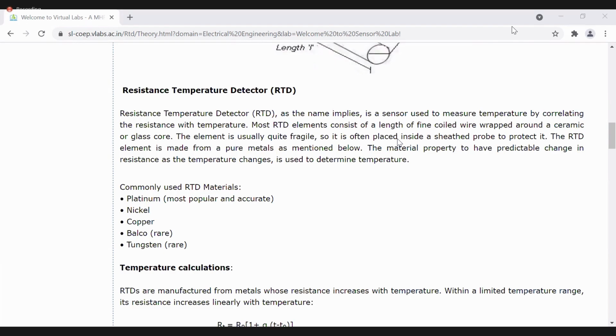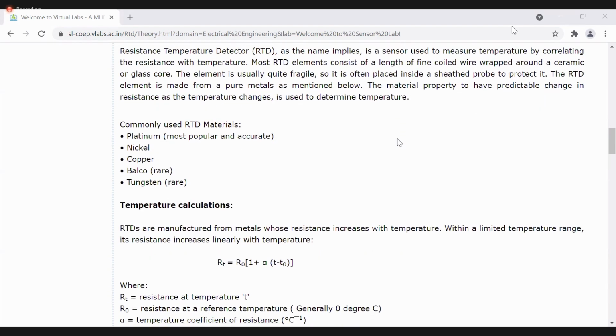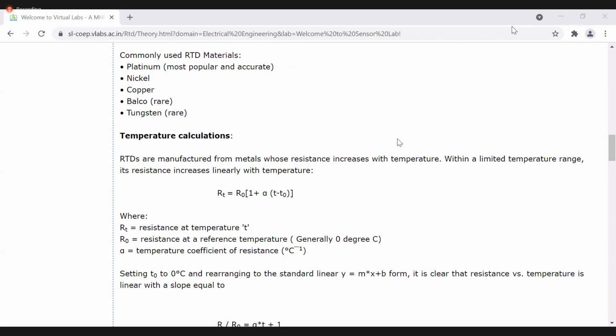Okay. Right. And what is the formula for RT? RT is equal to R0, bracket 1 plus alpha into, is it A? Some textbooks refer to it as alpha, some as A, but in most cases it is alpha. Okay, sir. R0 into 1 plus alpha into T minus T0. Okay, what is T0? T0 is 0 degrees Celsius, or the reference temperature.